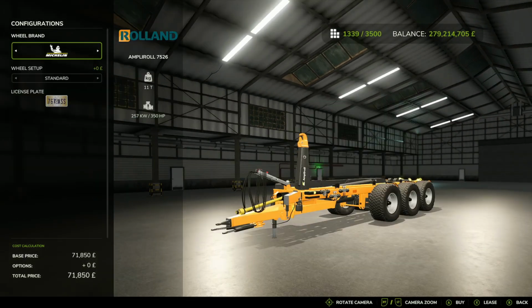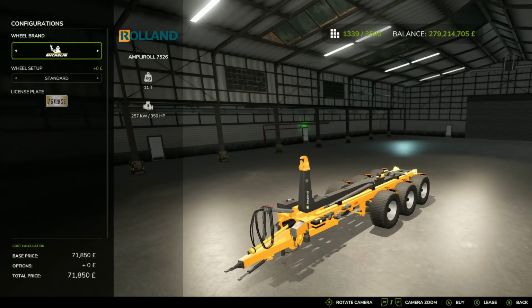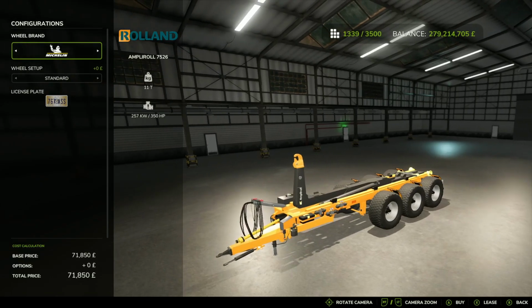Just saying. And the last mod for the day is the Rolland Ampliroll Pack. This is by Universe Simi Modding. 19.49 megabyte on the download. And just come down your mods and DLCs. It's so much easier. So first off, we've got the actual carrier trailer itself. The Ampliroll 7526 to be precise, to give it its proper name. Now it says you're going to need 350 horsepower to use this,